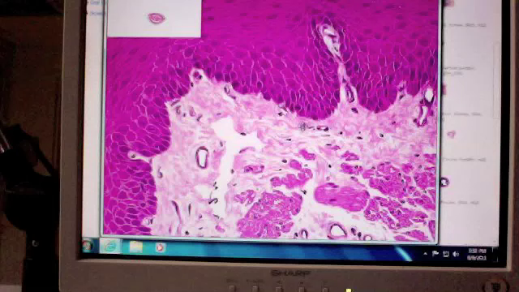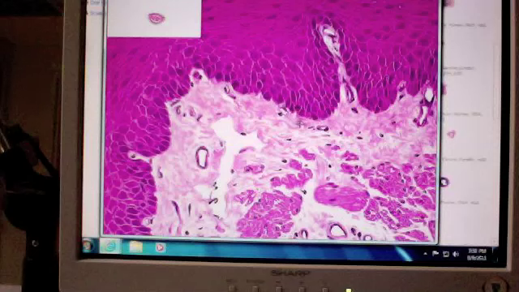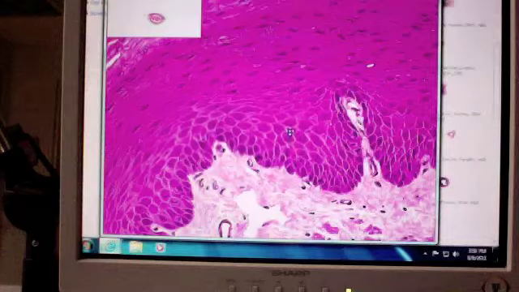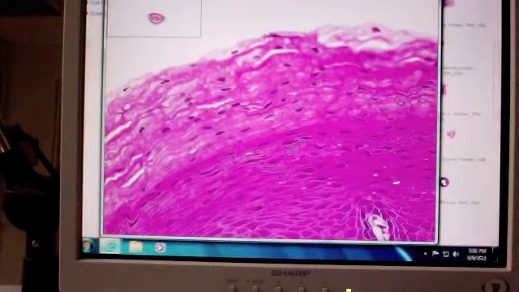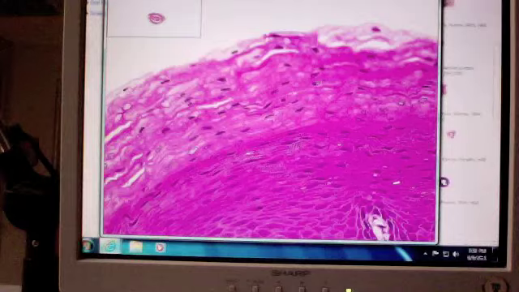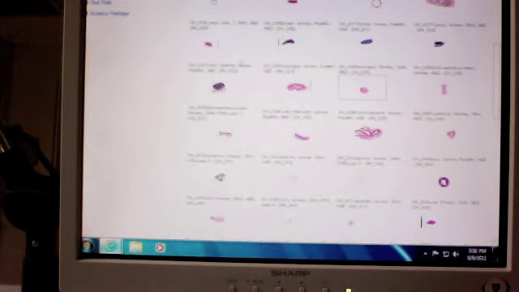Now I guess at this magnification it would be fairer to ask you what structure do you see at the top of this pointer, or would you expect to see at the top of this pointer, and that would be your basement membrane. And you can see very nicely this example with those cells going all the way to the surface, which makes it really easy then to compare that to